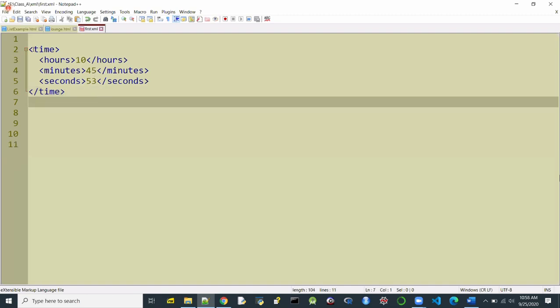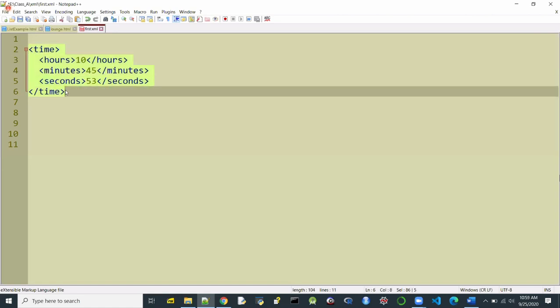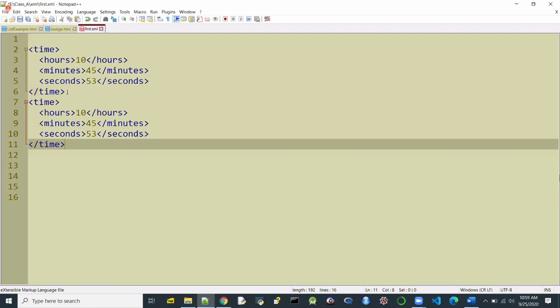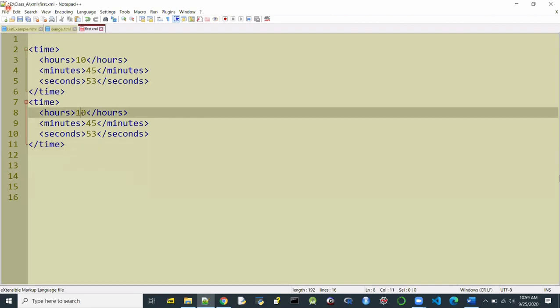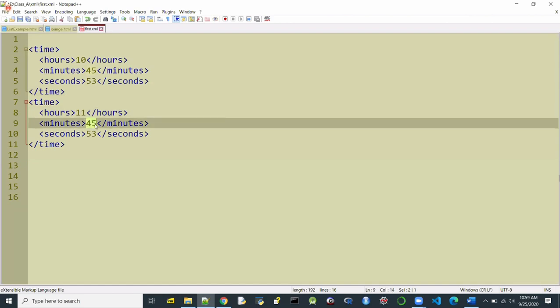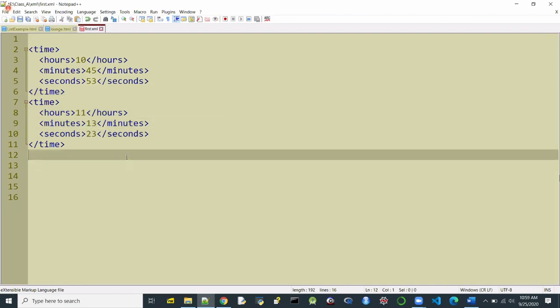If I have another point of time that I want to provide over here, I just repeat these things with a change of the hours value, the minutes value, and possibly the seconds value. Because I want to describe two different points of time, I am repeating the same structure two times.